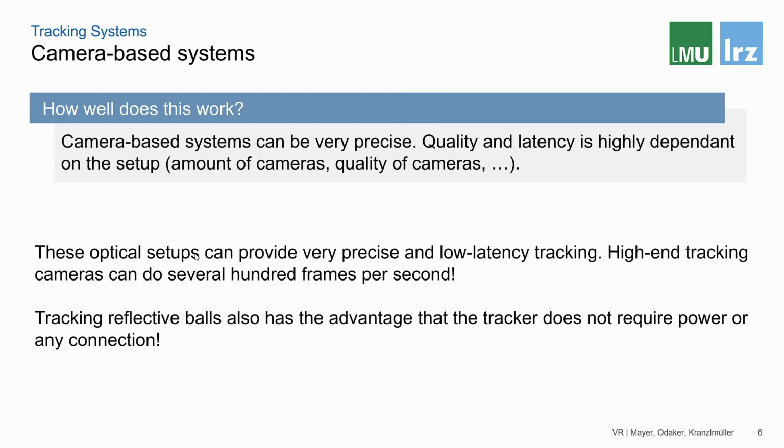Okay, so we have a camera-based system and we get a 6 degree of freedom tracking from it. The question now is, how well does this actually work? Like, is this a good tracking system? Is this a bad tracking system? And is this usable? You have to remember that depending on the use case, latency and precision is more or less important. For example, a mocap system for a movie